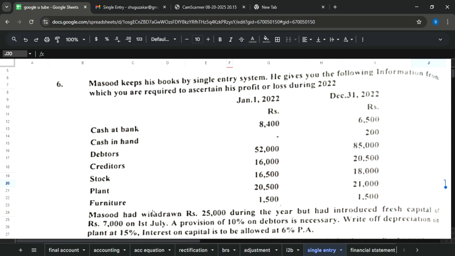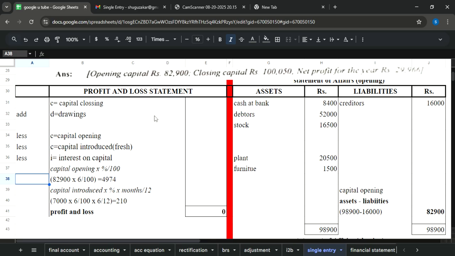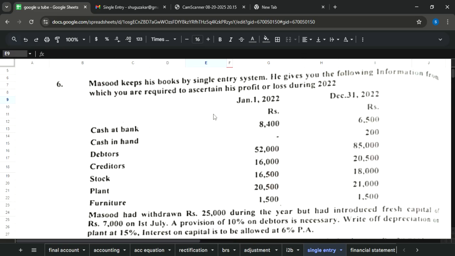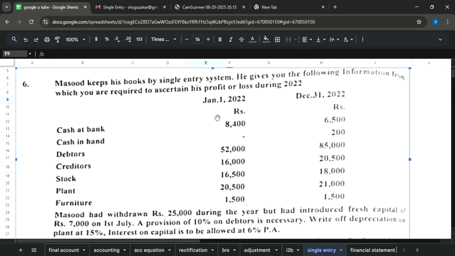So let's start. Masood withdrawn. Withdrawn means these are drawings. You will come over here, 25,000 is the amount. Okay, so drawings 25,000 you will be writing over here. After that we have